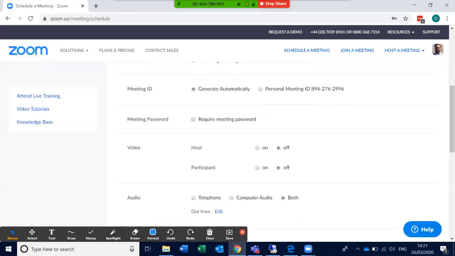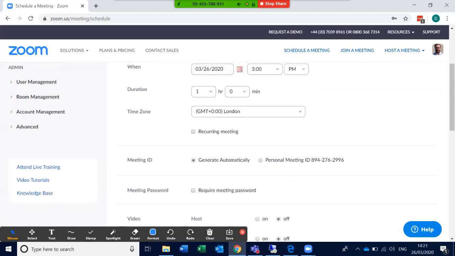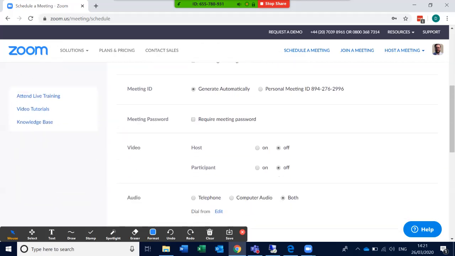The meeting ID would just generate automatically, and that's quite easy to do. Just leave that box unticked, and then the next box would just be as if the meeting required a password. So if you wanted anybody joining your meeting to have to put a password in order to come in, to make it more secure, then you can do that, and you can just put in a password there. So if I put in a wee 6-digit password there,